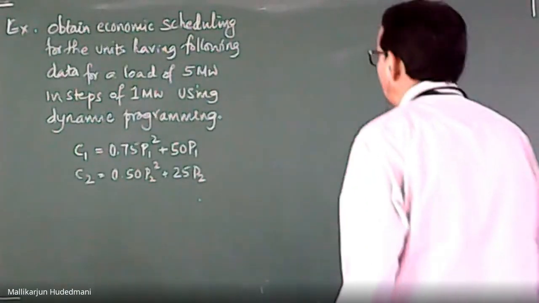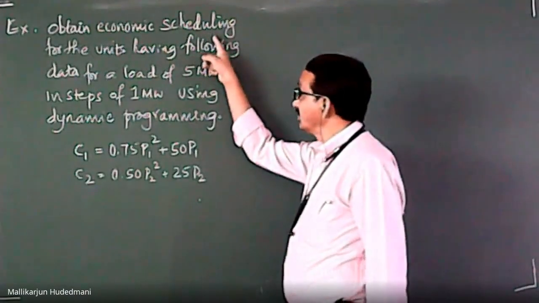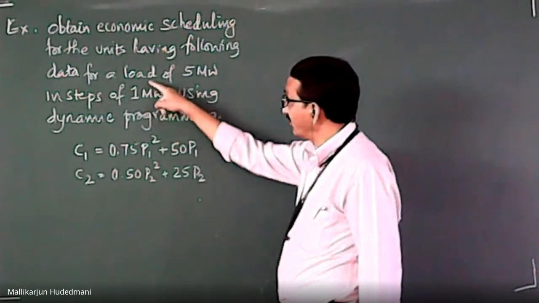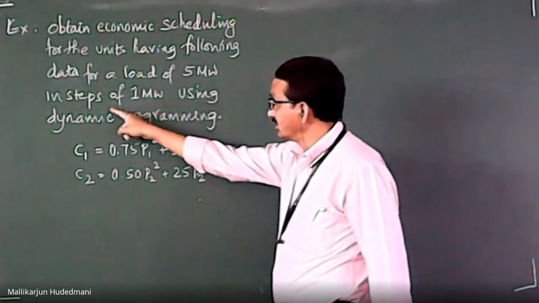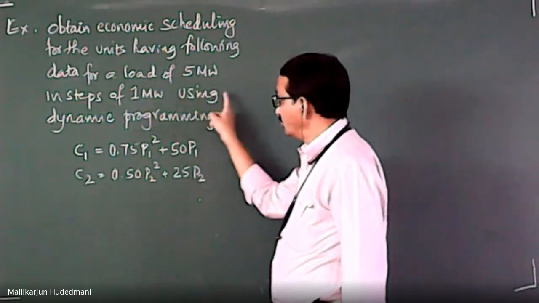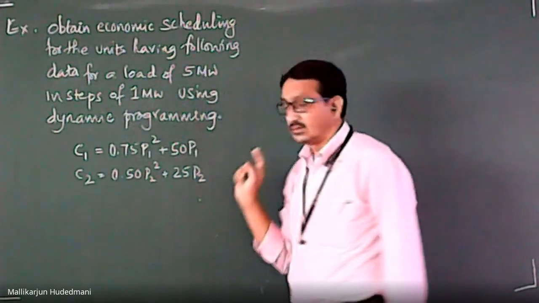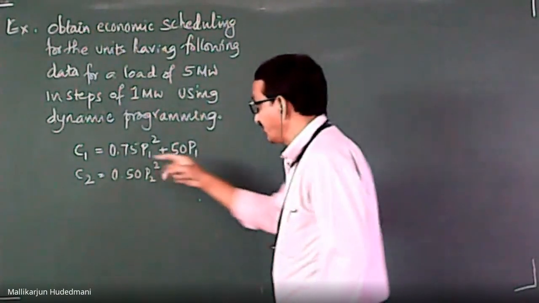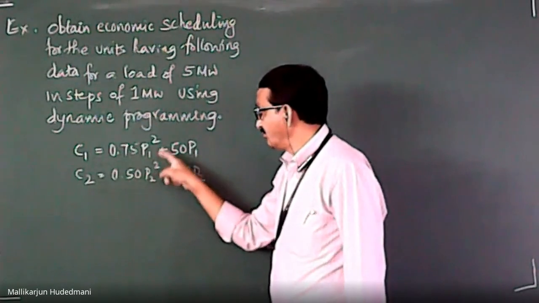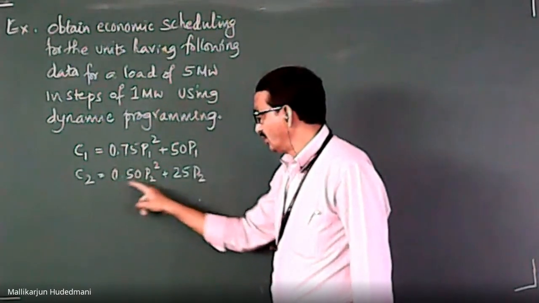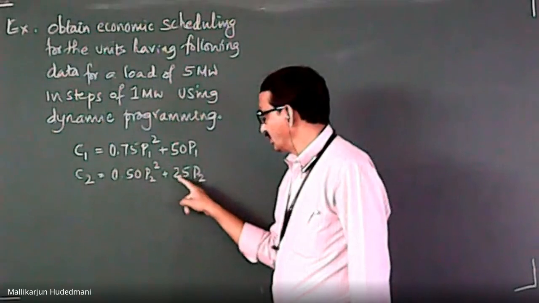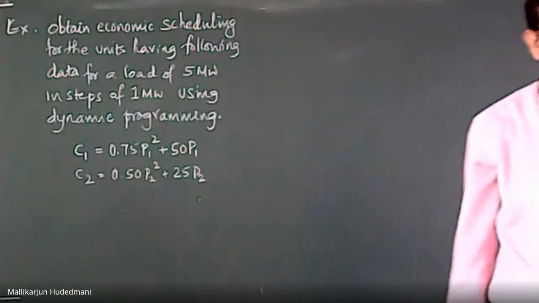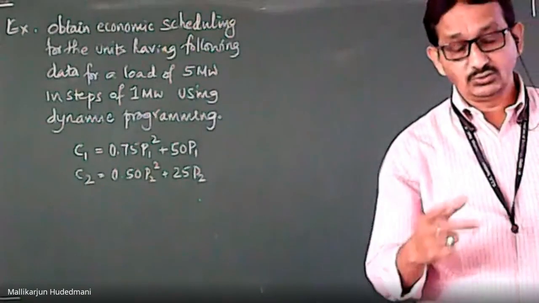We have been given a numerical problem: obtain the economic scheduling for the unit having the following data, for a load of 5 megawatts in steps of 1 megawatt, using dynamic programming. Then you have been given two cost functions, C1 = 0.75 P1 square plus 50 P1, and C2 = 0.50 P2 square plus 25 P2. Now, in the interaction we have understood dynamic programming is useful when we have a series of decisions to